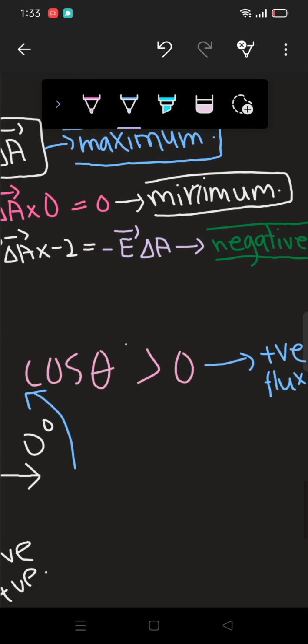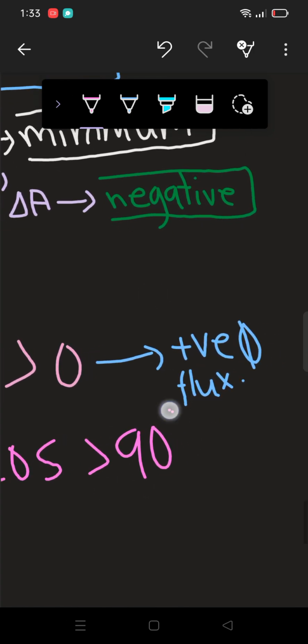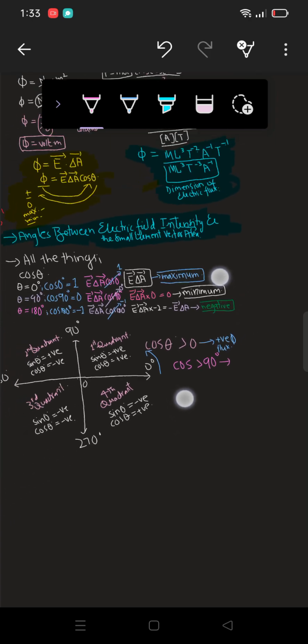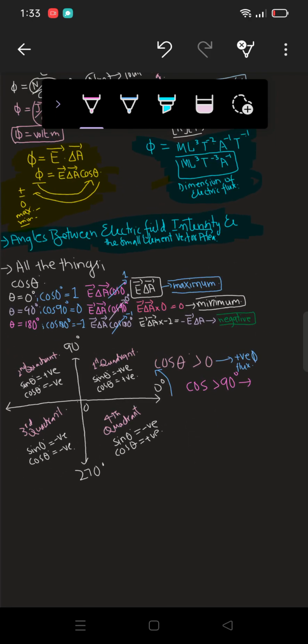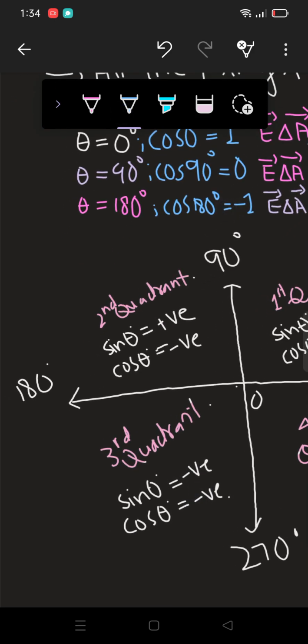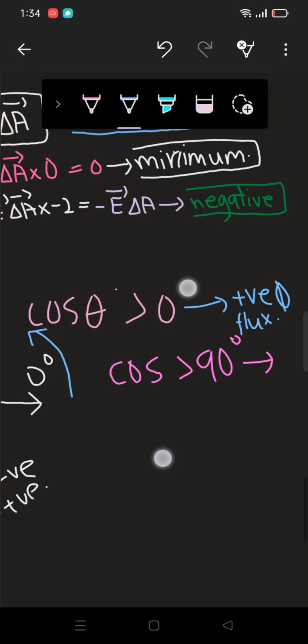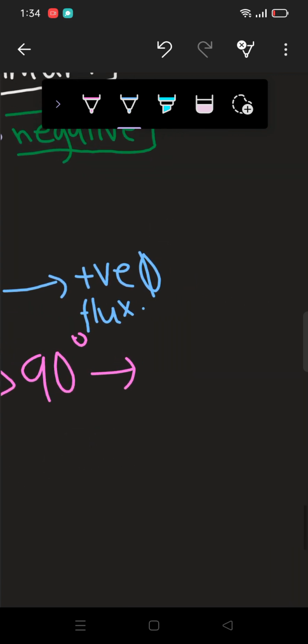Alright, now if your angle is greater than 90 degrees, then what will be the effect of the cos 90 on the flux? Let's see. Now see, if your angle is greater than 90, which means now we're gonna start moving from here, and we know that in the second quadrant cos theta is negative, as you can see here, so if cos theta is negative, which means the flux will be negative as well. So flux is negative